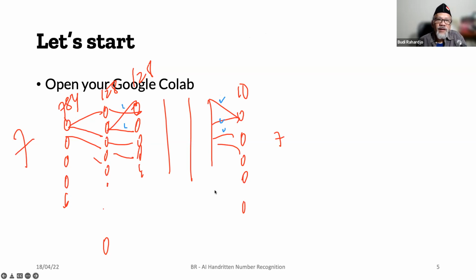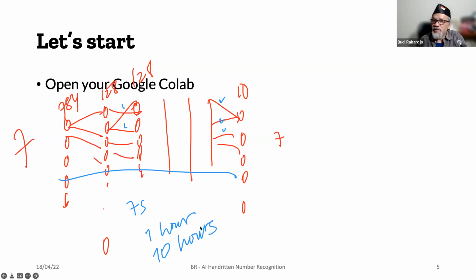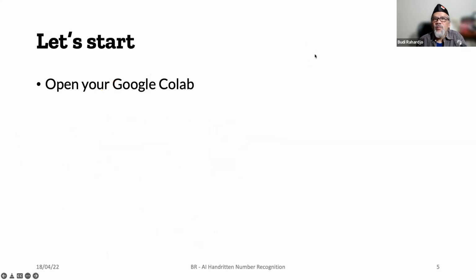Kalau ini 5 layer tadi mungkin for 5 layers it's 7 seconds, for example. If we have 75 layers, for example, 1 epoch, it's going to take 1 hour. So if we have 10 epoch, it's going to take 10 hours to finish our training. Jadi more layers is going to take more training time, and it's not worth it. Right? For this particular case, we can see that